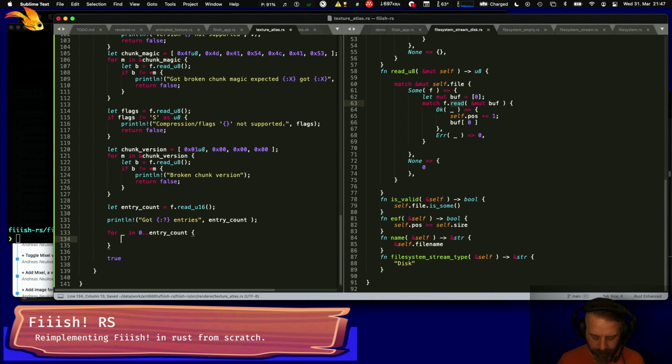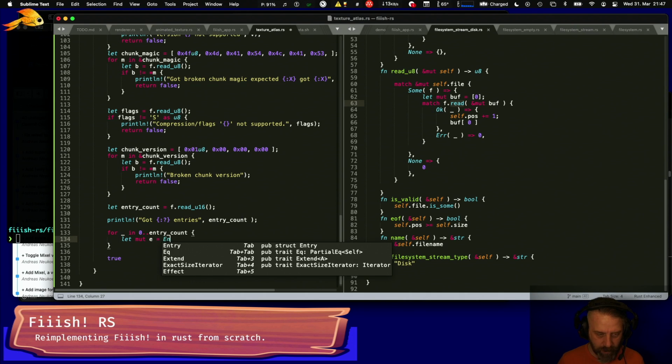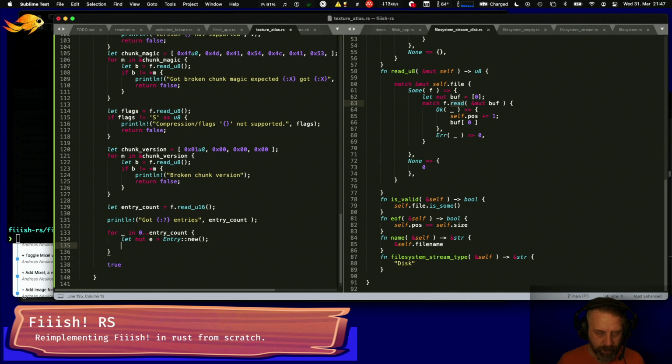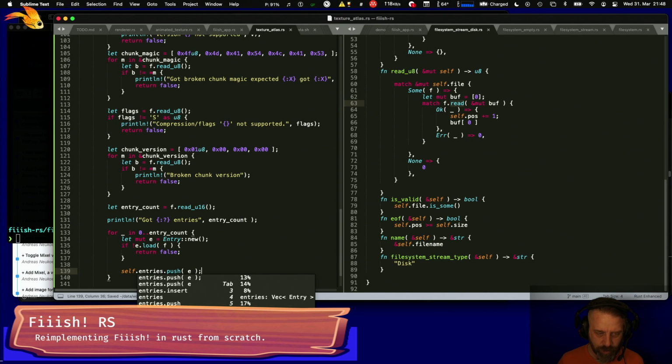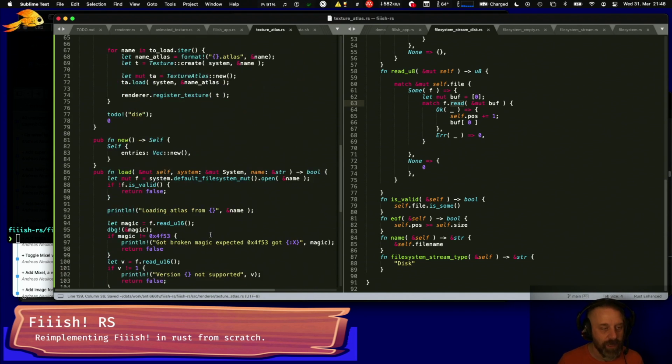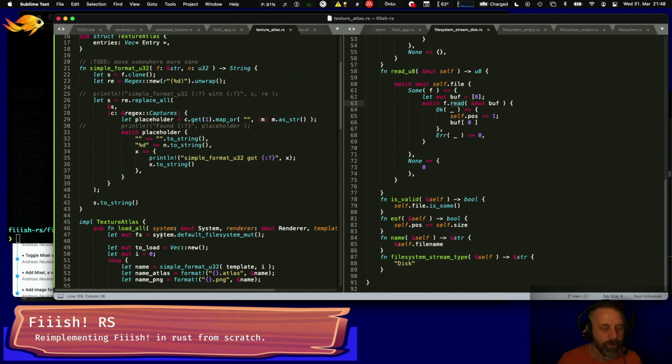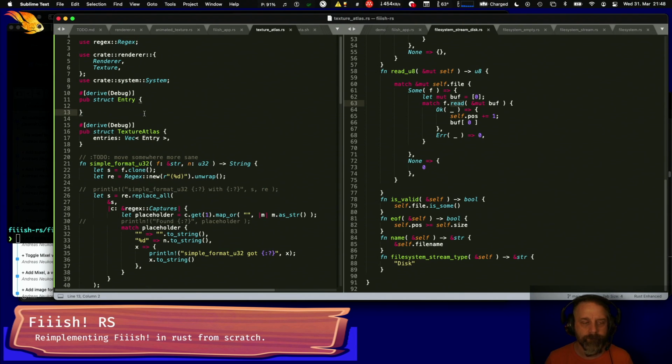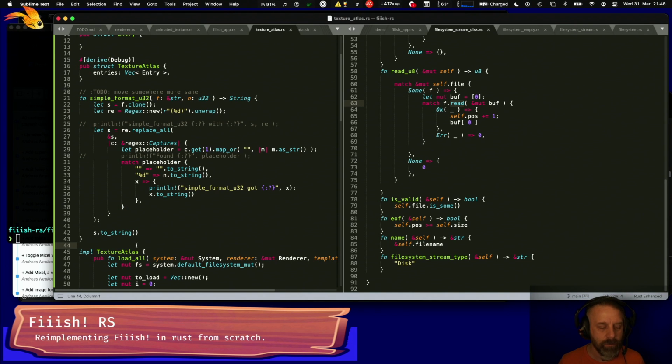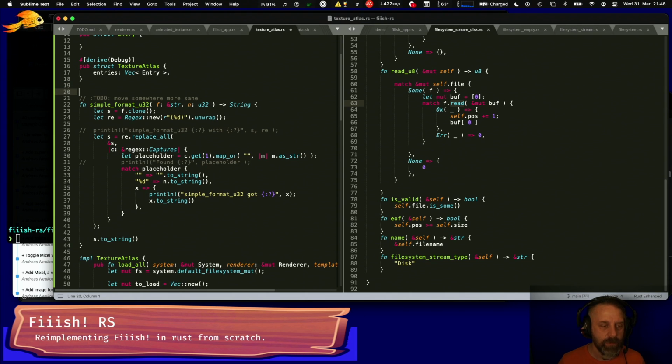Then we say here, let mut e equal entry new. And then we say if not e.load, and that just gets the file. Then we return false. Otherwise, we just do self.entries push e, right? So obviously we have to do the, not sure where to do this. Probably just here. An implementation for entry